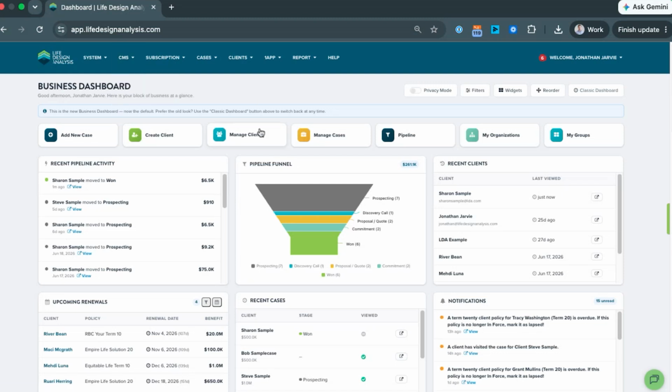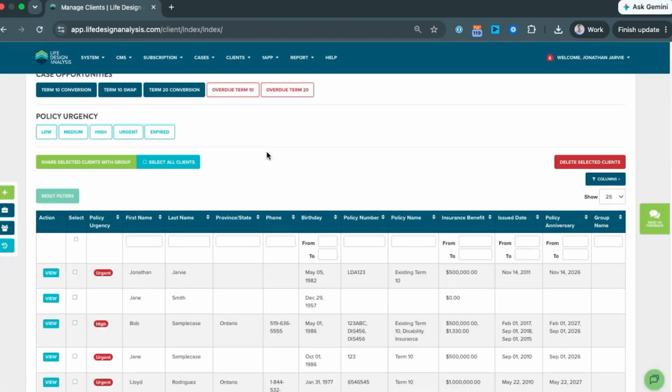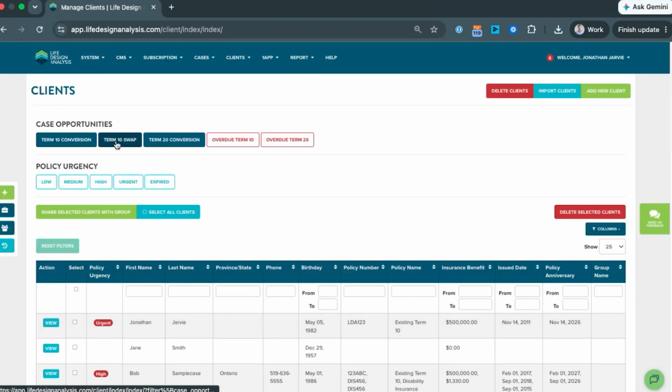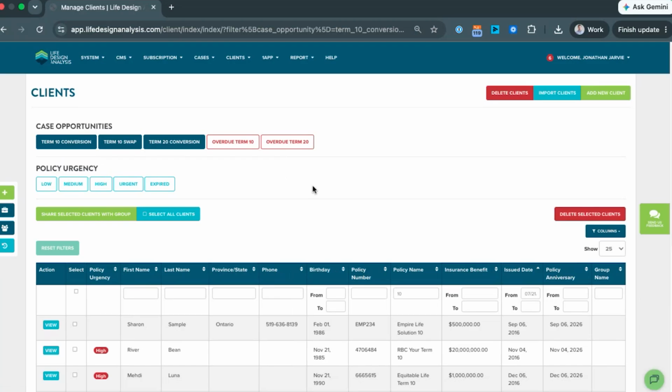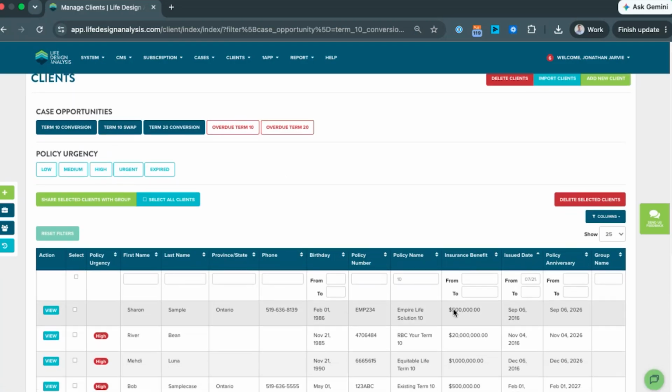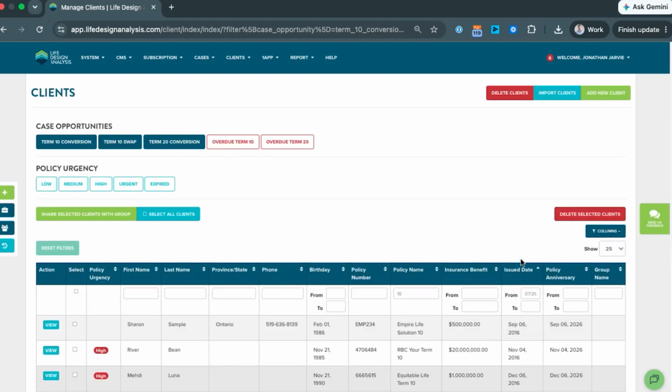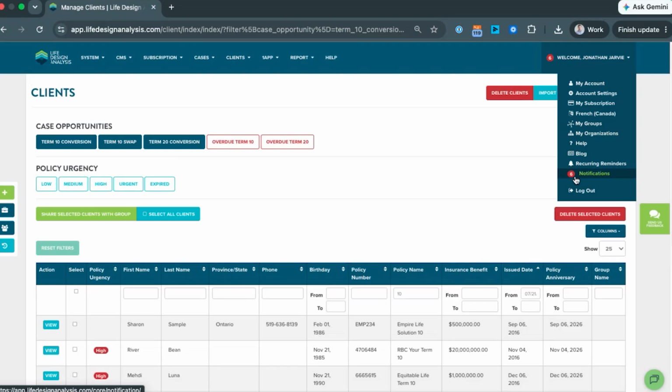So if you have your block of business in here under the manage client section, that's where you can see all your clients, you can see their policy information. Of course, you have the renewal or the opportunity filters that are built in to find renewals, exchanges, all that sort of stuff. So here's our Sharon sample client as an easy example with the renewal that's coming up later and just filtering that. And then there's also the notifications that come through here as well